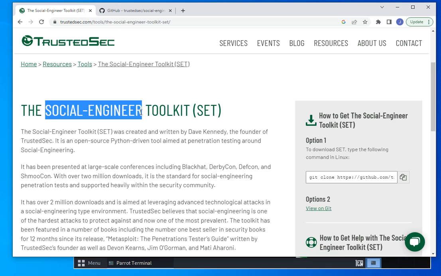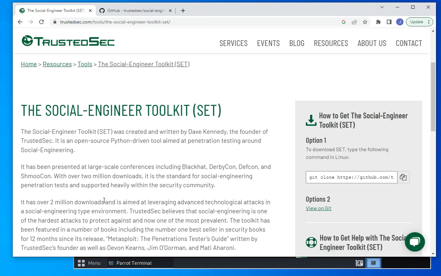Another definition from WebRoot is that social engineering is the art of manipulating people so they give up confidential information. And another definition from Kaspersky is that social engineering is the manipulation techniques that exploit human error to gain private information, access, or valuables. At this moment, we can say that social engineering is tricking the human factor that is